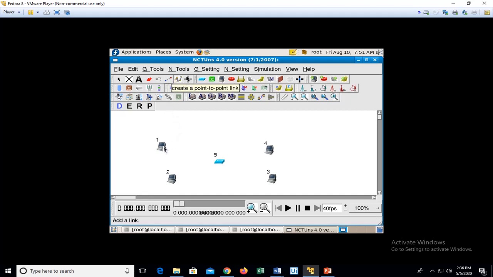Click, drag, and release it on the device where you want to establish the connection. So these 4 links are created, and now the topology is ready. If I hover on the blue square, you can see nothing is observed, which indicates that it is still not configured.